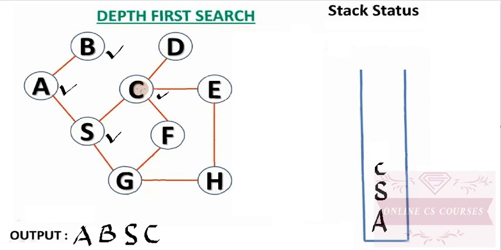So now we will check the adjacent unvisited vertices of C. So there are three vertices D, E and F. So alphabetically जो first number आता है वो D का है, ठीक है. So we will put D here and also here, and mark it as a visited vertex. सो अब हमारे पास जो टॉप ऑफ द स्टेक है वो है D, ठीक है.